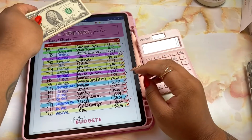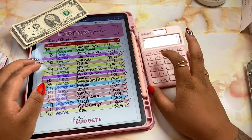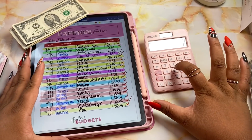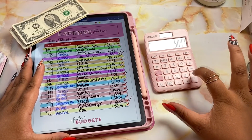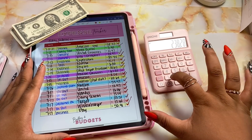All right, so there's our funds. So let's go ahead and add up what we should be taking to the bank. Okay, so we have $58.47, $5.40, $88.97, $85.44, $15.14,